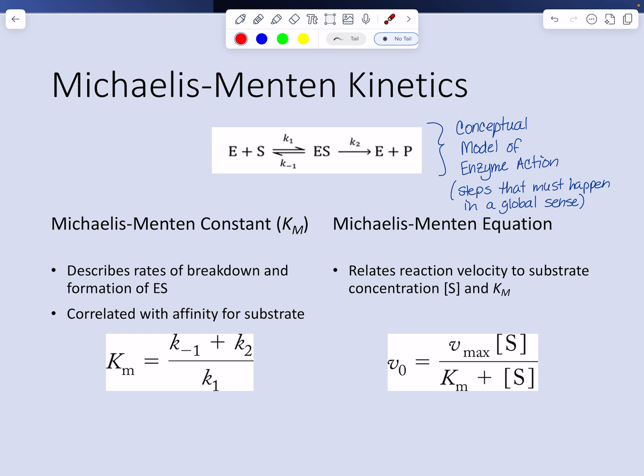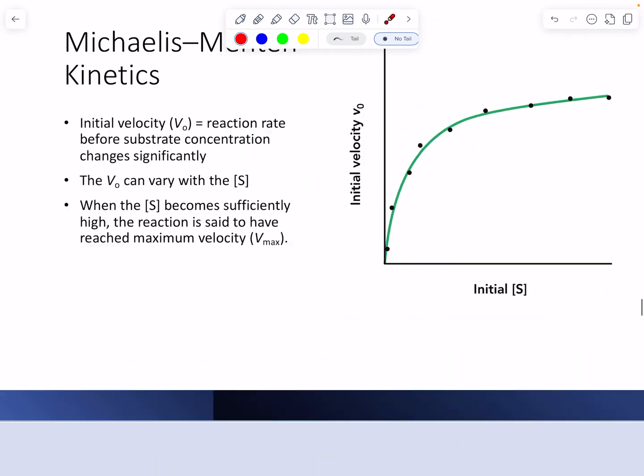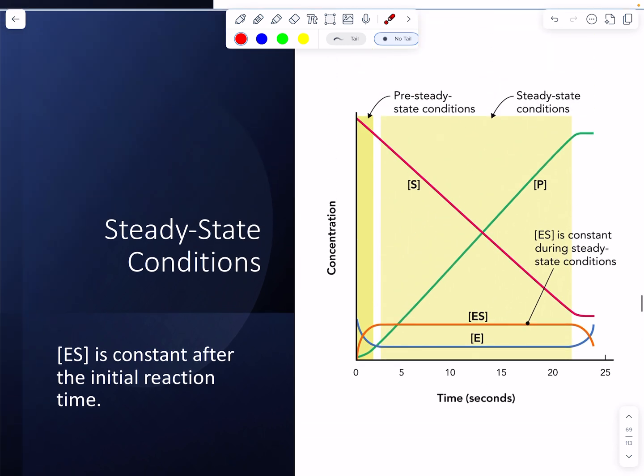And then we made the assumption that we would do our experiments at a steady state, right? So we would set up the concentrations of the reactions in such a way that we're looking at our rate here. So we're going to look early in the reaction,